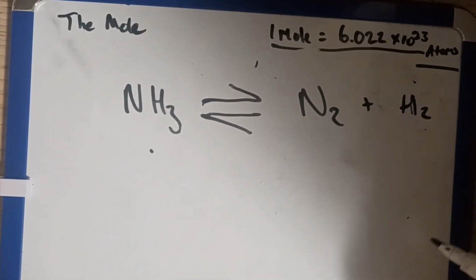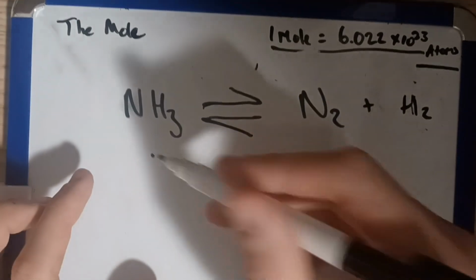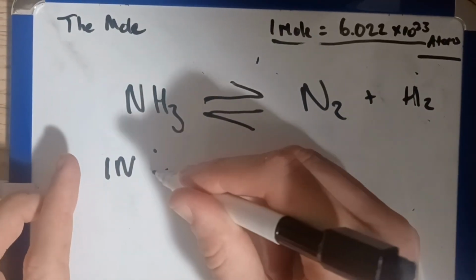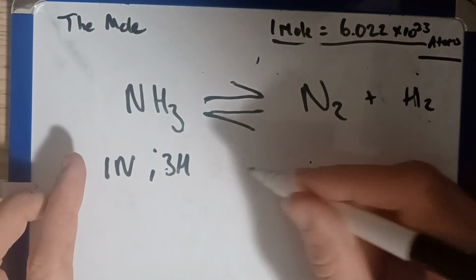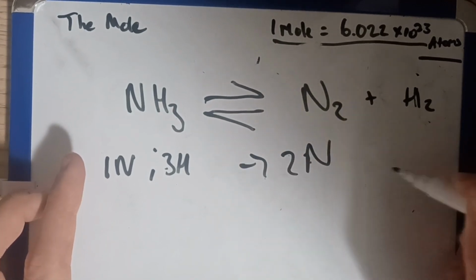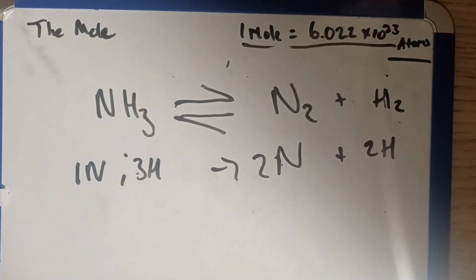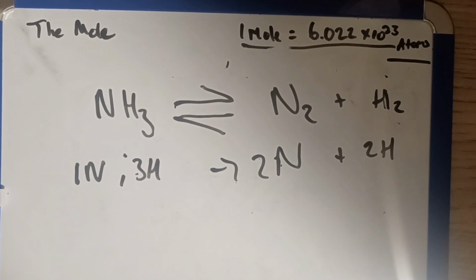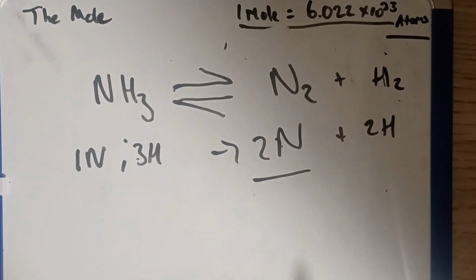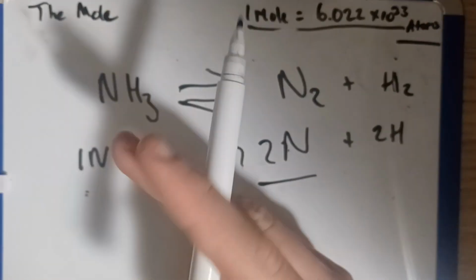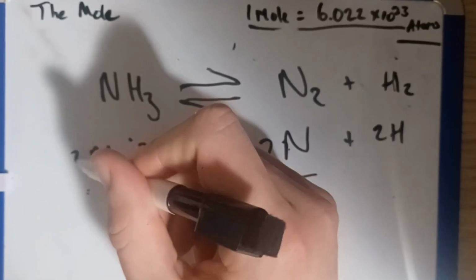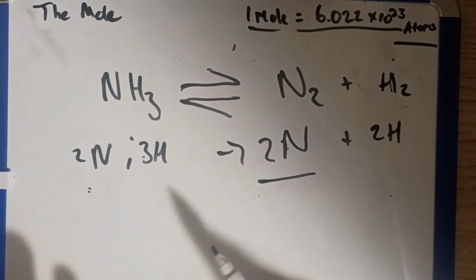So all we can do is simply make these numbers balance. Over on this side we have 1 nitrogen and 3 hydrogens. On this side we have 2 nitrogens and 2 hydrogens. To make this easier, we're going to balance the numbers. On this side we have 2 nitrogens, so we need to make this side 2. But obviously in an equation you can't just do one thing to one side, you have to do it to both. So this means we now have